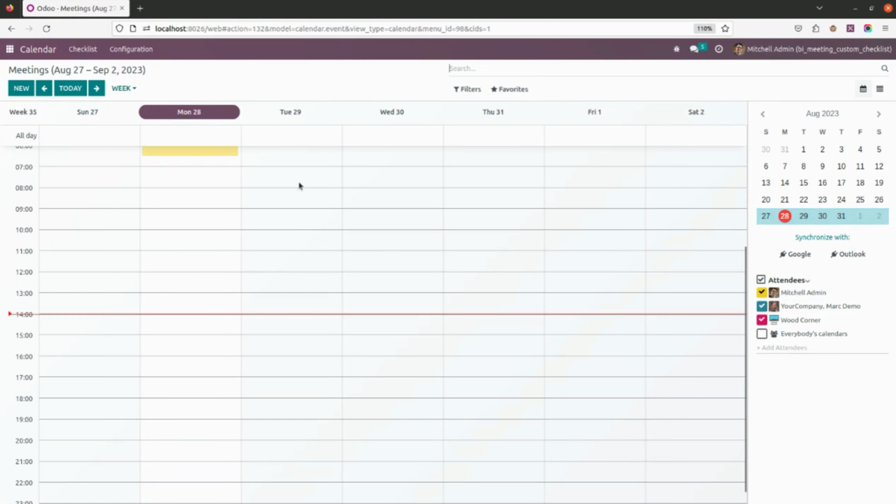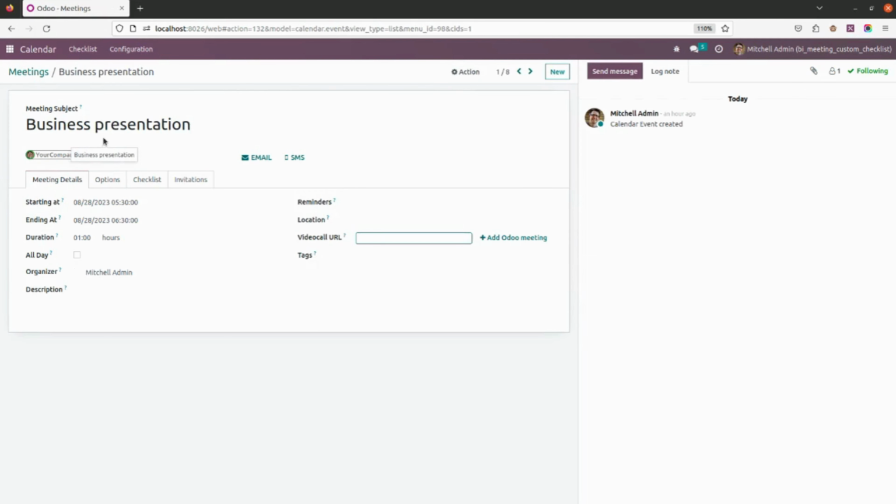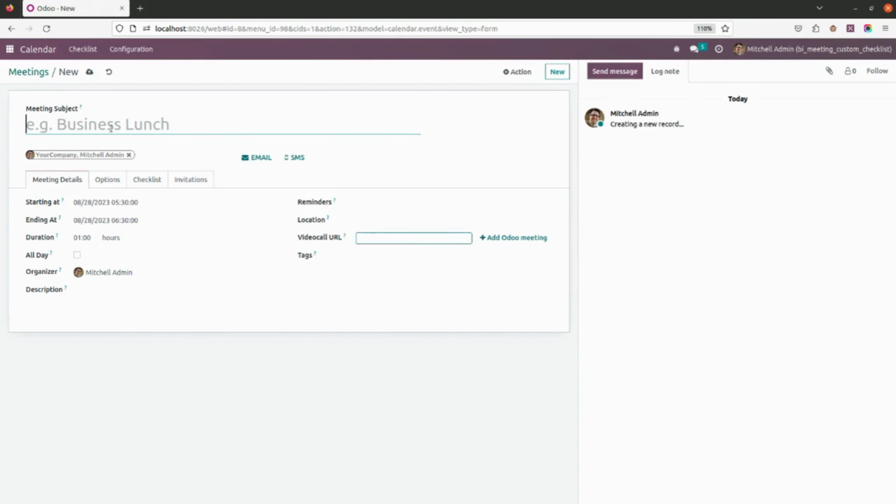Now let's go back to the meeting and create a new meeting. As you can see, these are the meetings. Let me go into one of them, and once you go into one of the meetings or create a new meeting, you will see a checklist over here. As you can see in this checklist, I have added this. Let me quickly create a new one. I will add a name as new project,